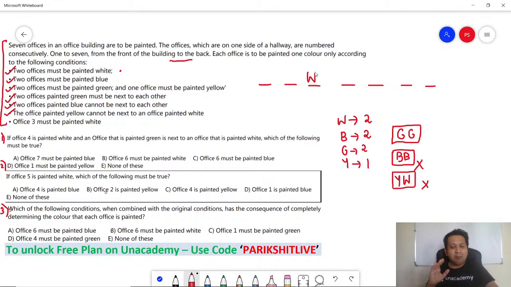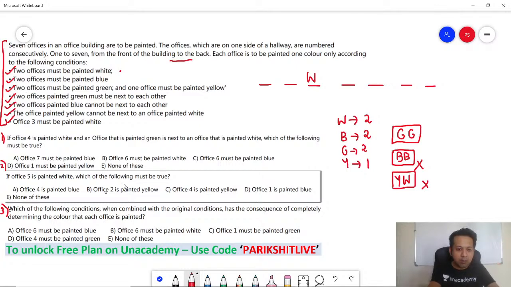Now someone might be thinking, why did I take so much time to note down the data? Remember, the CET is all about speed. You cannot be reading the question again and again. So whenever you read something, make sure that you note down the data so that you don't have to reread the question. Now I think we are all set for the questions. Every data has been noted down. I don't have to go back to the puzzle again. Everything is there in front of me. Let's get to the questions.